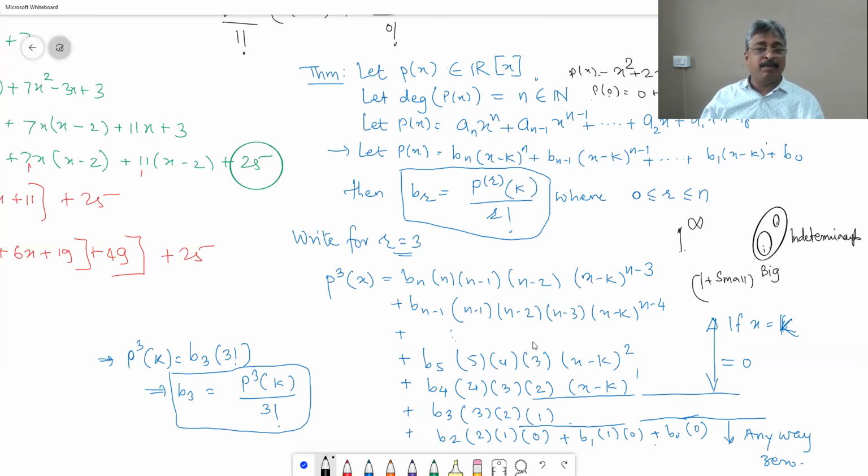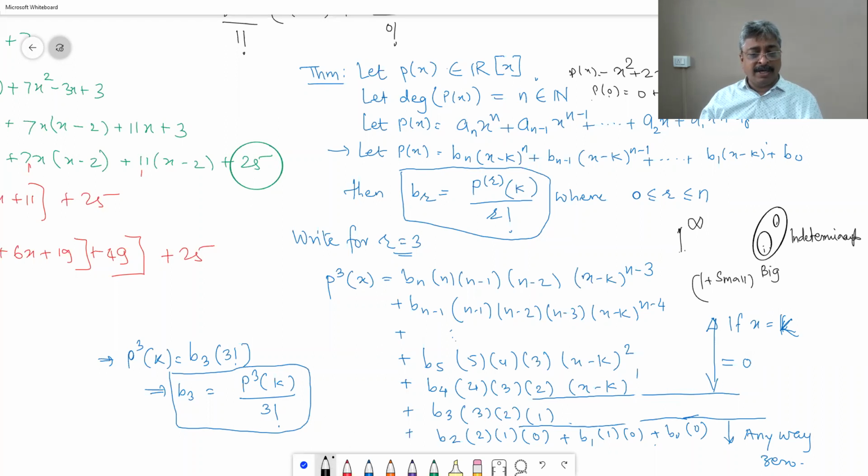So we have got a very, very important method to express a given polynomial in some different form, powers of x minus k form. But that is not the application of this concept. This concept is having a big application. The original function that we have taken here for our understanding was polynomial. And we realized that coefficients behave well when it is a polynomial.